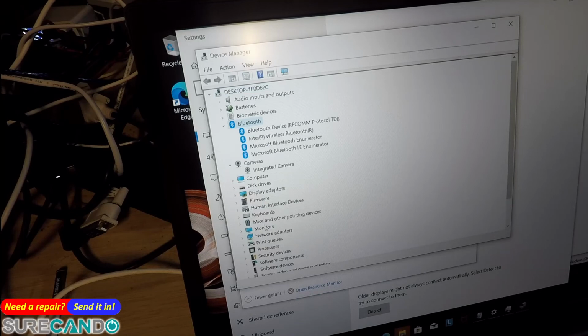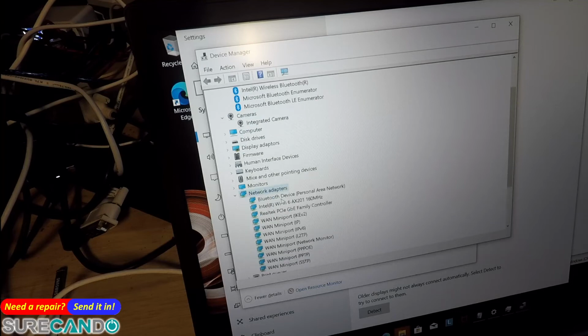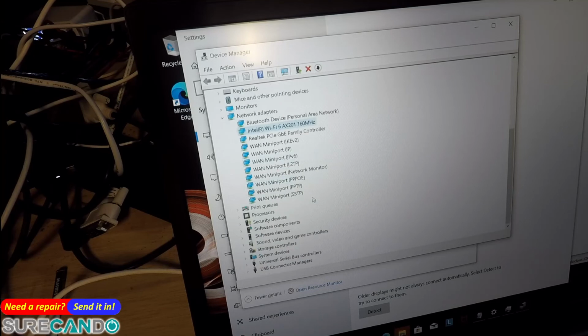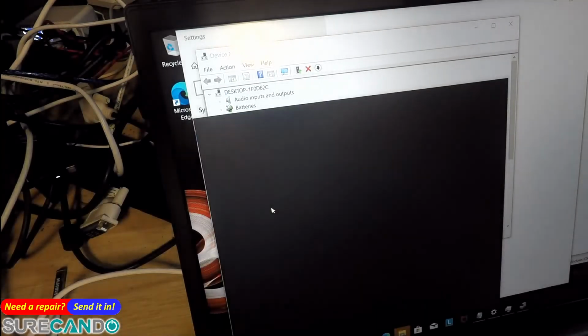We'll try the camera next. What am I looking for? Oh, network. I want to see which adapter. Okay. AX201. Okay. That should support Wi-Fi 6. Yep. Okay. And in terms of the camera,